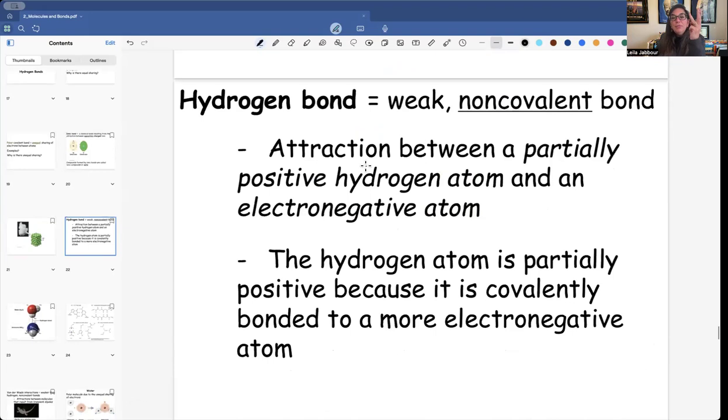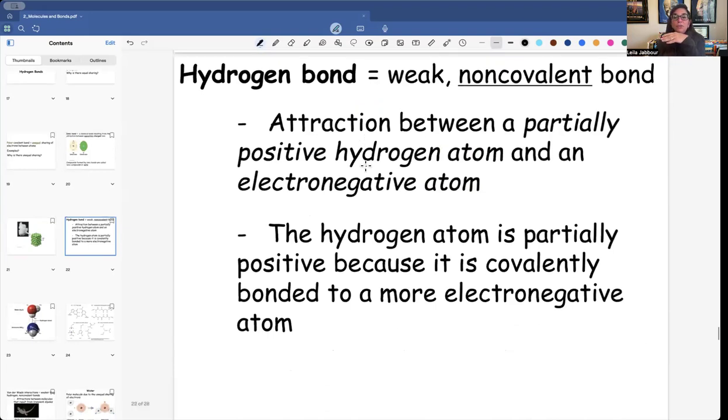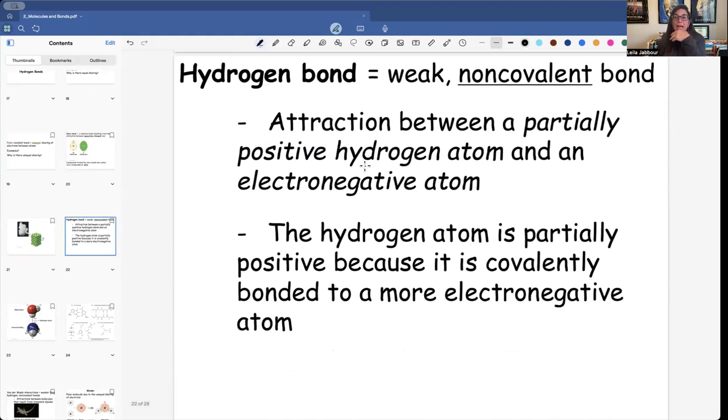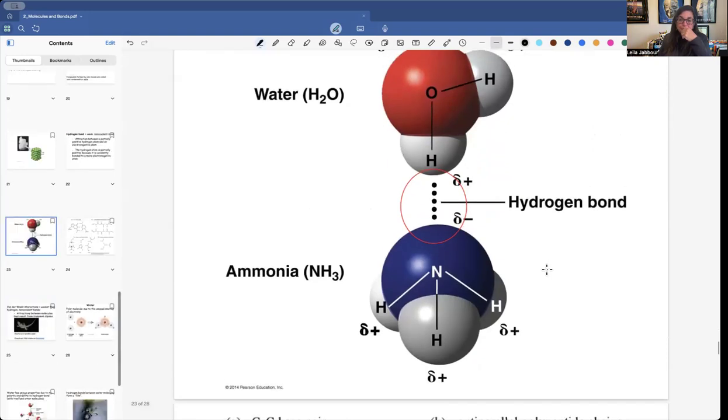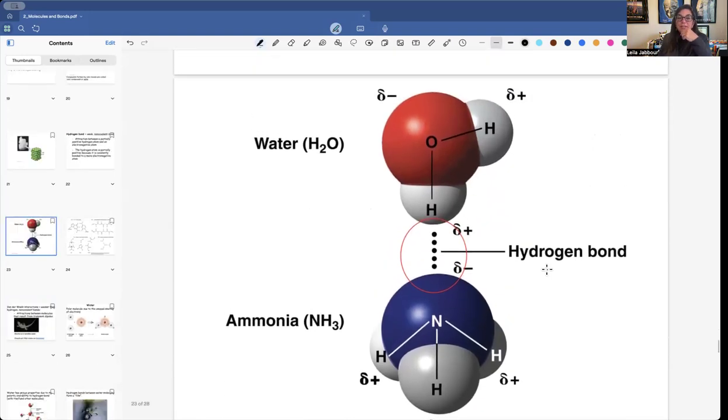The third type of bond is called a hydrogen bond, and this is a very weak non-covalent bond. It has to do with the attraction between those partial positive or negative signs that I drew earlier, between two different compounds or molecules. The hydrogen atom is partially positive because it's covalently bonded to a more electronegative atom. So here we go with the example of water, and there's also the example of